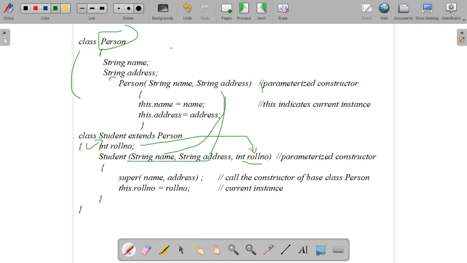Then which one is remaining? The next one is for the child class constructor, int roll number. Here one parameter I am passing, int roll number. So these two belong to the base class.